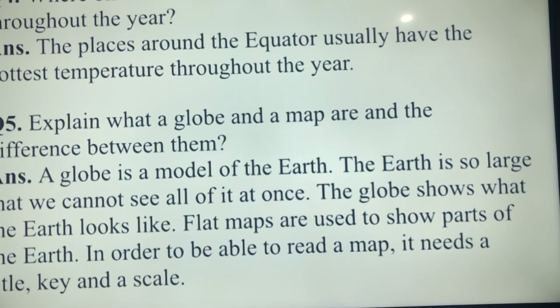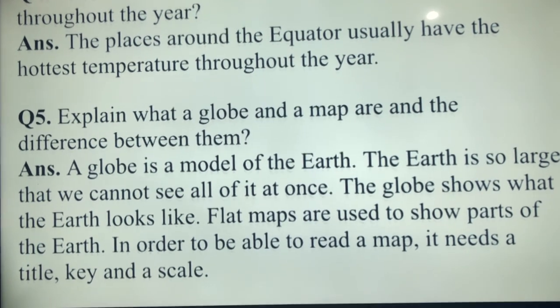Explain what a globe and a map are and the difference between them. A globe is the model of the earth. The earth is so large that we cannot see all of it at once. So a globe shows what the earth looks like. So flat maps are used to show a part of the earth. In order to be able to read a map, it needs a key and a scale. I have shown you the video previously on the key and the indicators, so you can easily understand that well. Let's move to question number